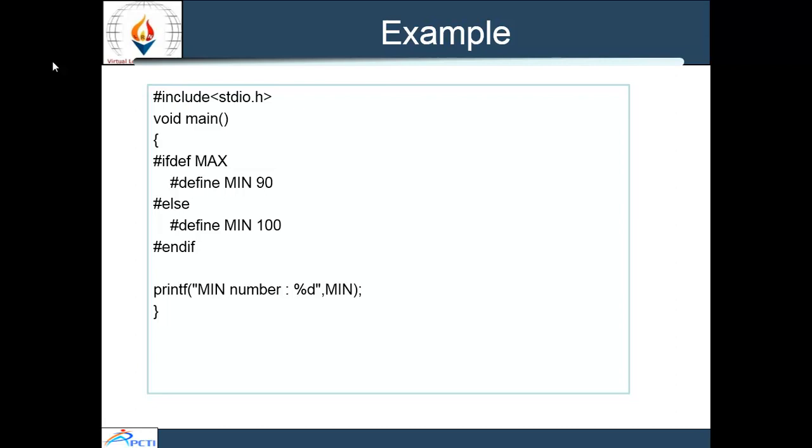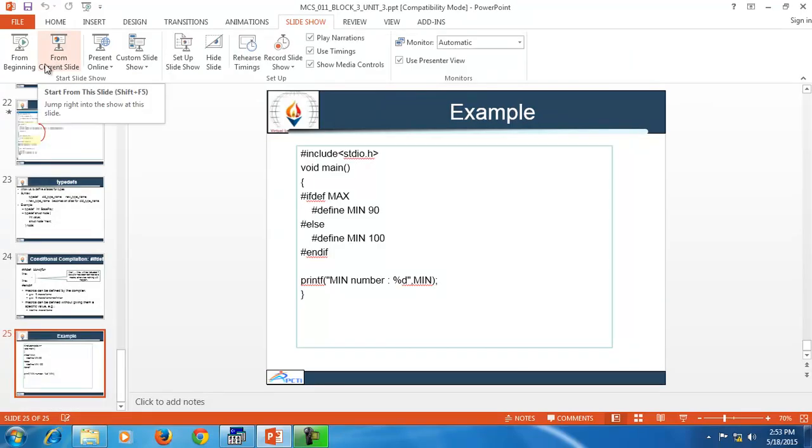So it will replace the min value with 90. Otherwise, it will replace min with 100. And then hash endif. Next is printf. So if the condition is true, then the min value will be replaced with 90. Otherwise, min will be replaced with 100. So I'll show you with an example also.